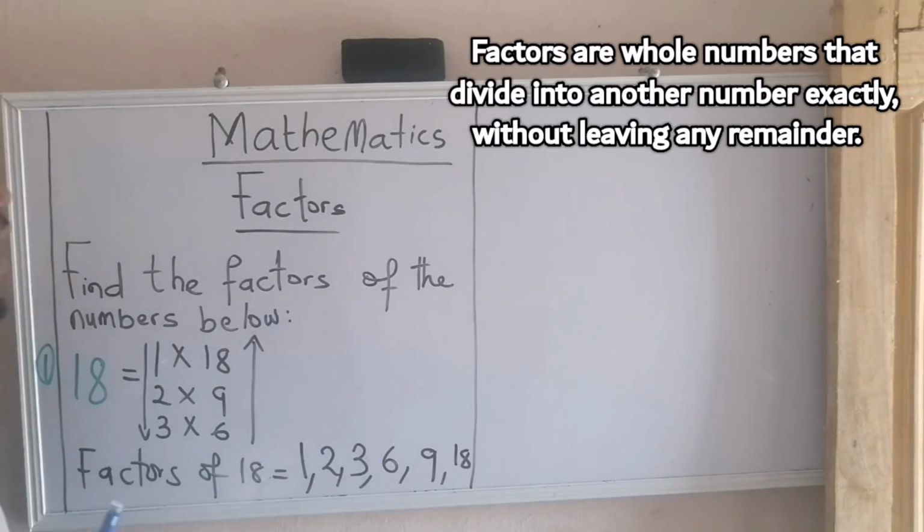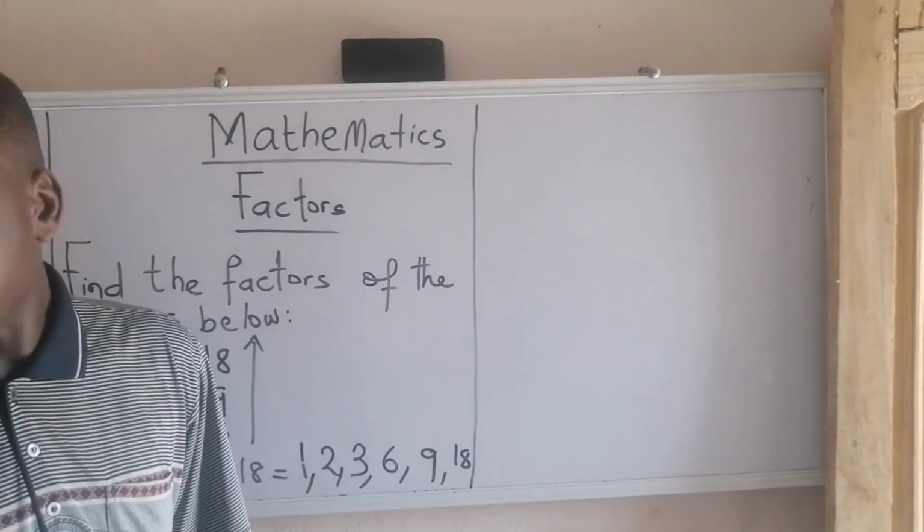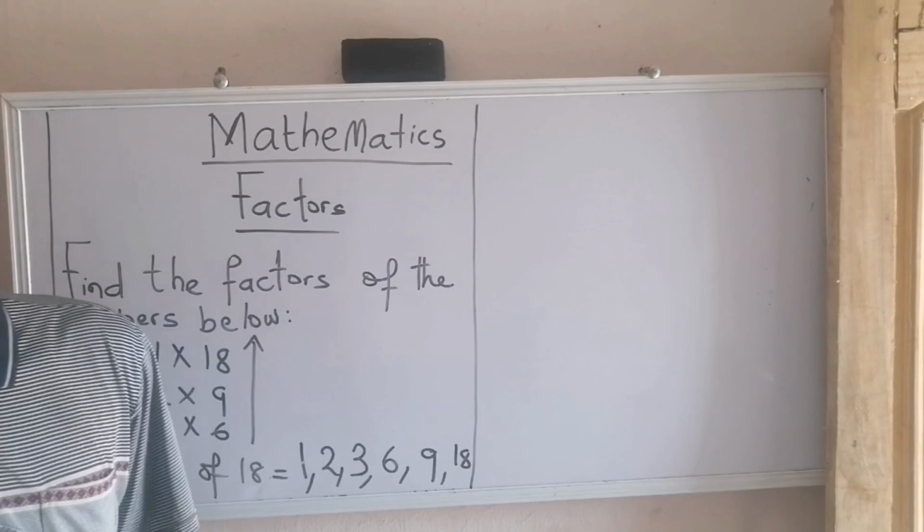Now remember that when I divide factors, I said that factors must be whole numbers. Look, these are whole numbers. I must be able to divide another whole number without a remainder. For example, 1 can divide 18, you get 18. 2 can divide 18, you get 9. 3 can divide 18, you get 6. 6 in 18, you get 3. 9 can divide 18, you get what? 2. And 18 in 18, you get what? You get 1. So that's what these are the factors of